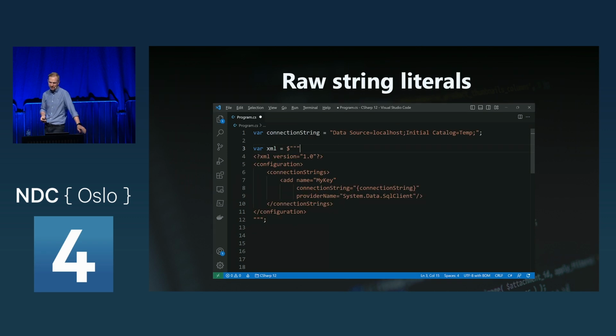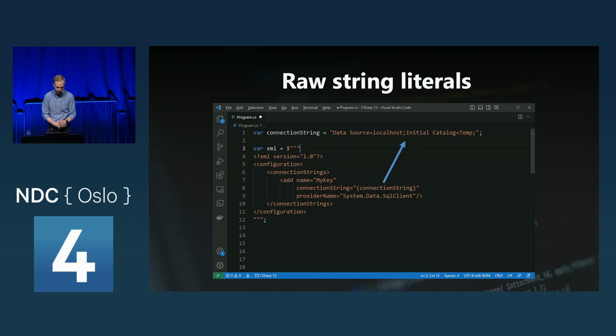The other feature that is important is raw string literals, where I could say that I'm using 3 double quotes to say that I'm going to write some code here. Now with XML, I'm not getting any syntax highlighting, but I can use the string interpolation here as well.